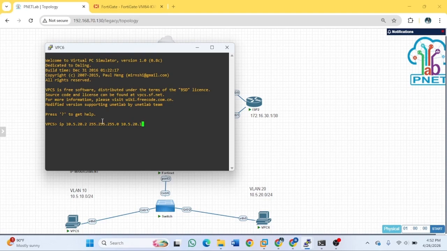Okay, checking for duplicate address. Okay, we get the IP address. After that I'm going to ping the internet, to see if we get it or not.